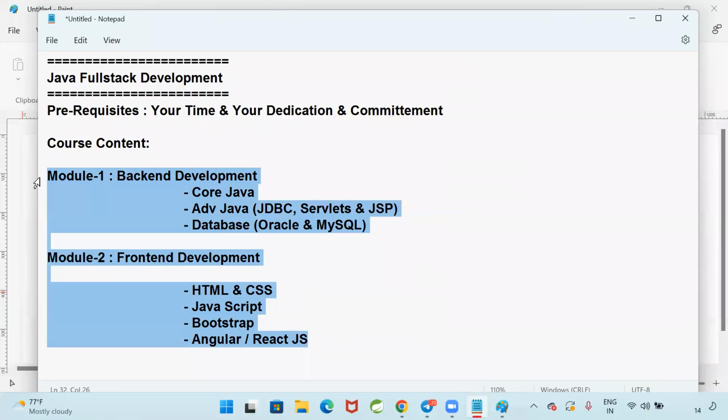If you are doing your BTech or degree and want to attend campus interviews, then these two modules are sufficient for you. The questions that they are going to ask in the campus interview will be from these two modules only. Are you clear with that point?